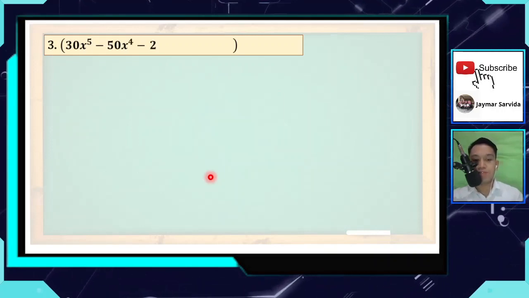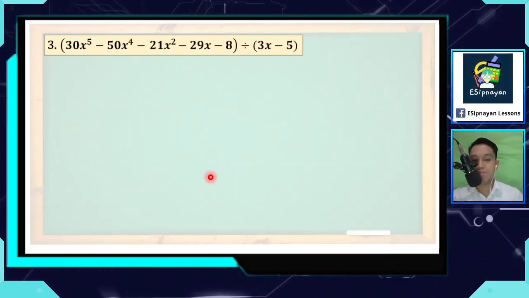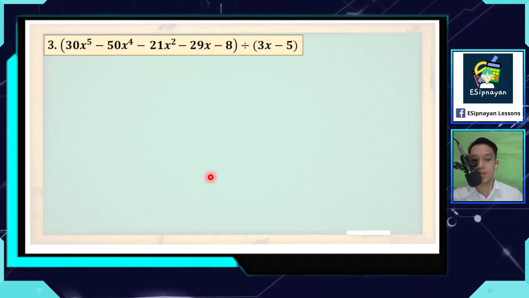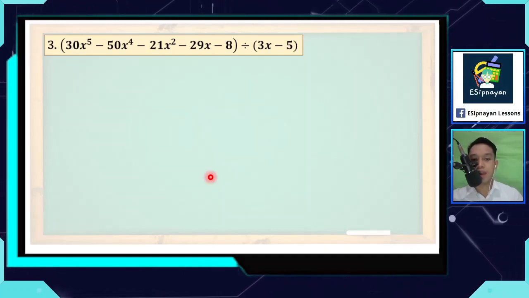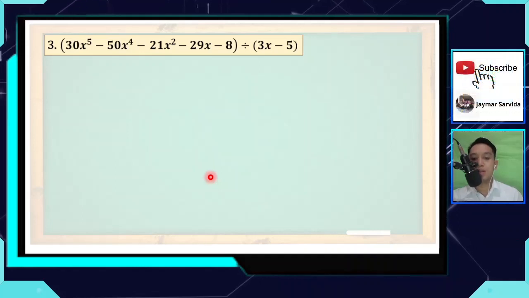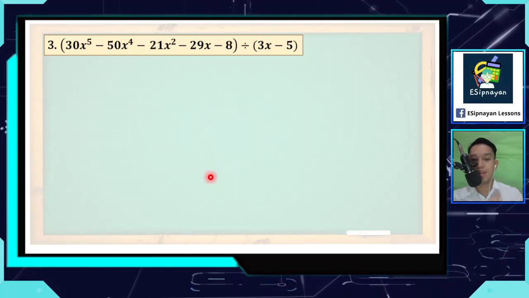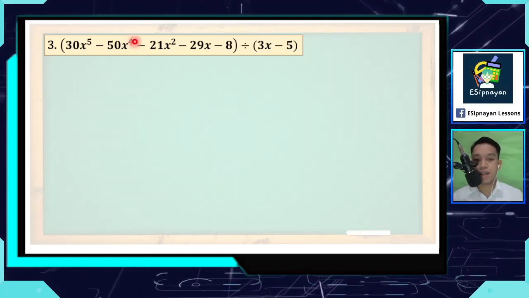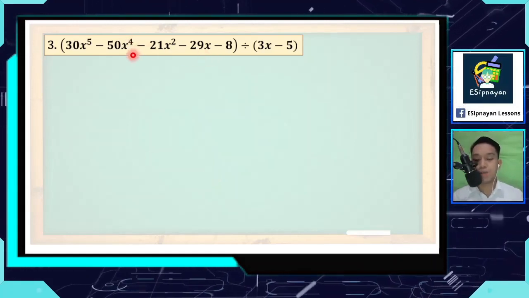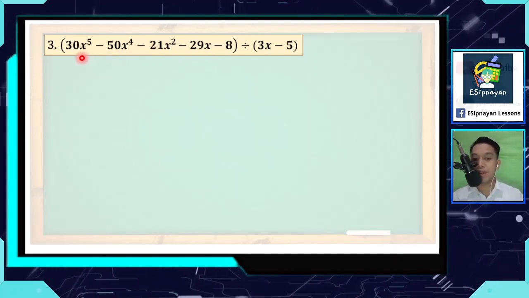Okay, so we have 30x raised to 5 minus 50x raised to 4 minus 21x squared minus 29x minus 8 divided by 3x minus 5. So, as you can see, both the dividend and the divisor are already arranged in standard form. Class, it is already arranged, but as we can observe in our dividend,